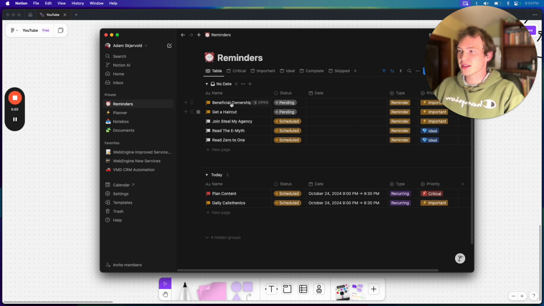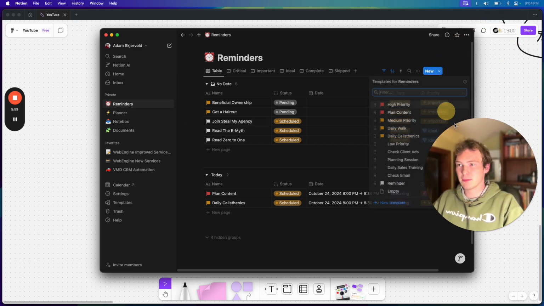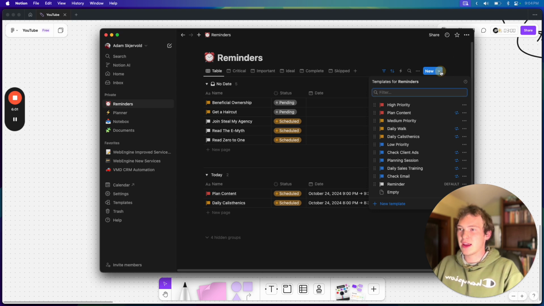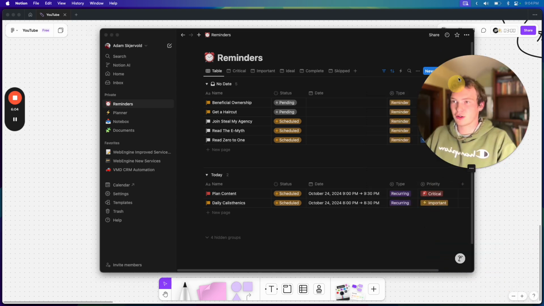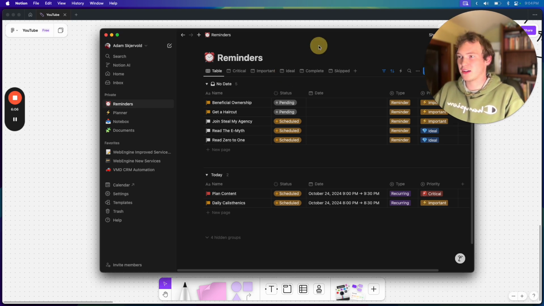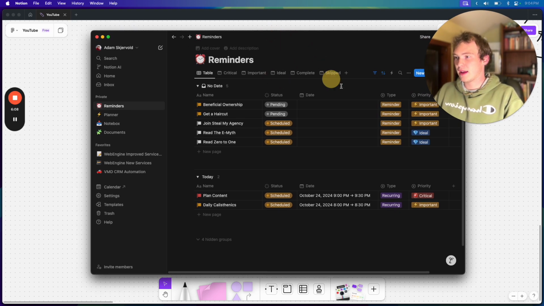But yeah, so basically I have reminders, which is for recurring tasks. You can set up templates and then just have them be recurring. And these are quick day-to-day things where they're not a project. They're just 5-minute things that I need to remember to do. Okay? And I check them off.